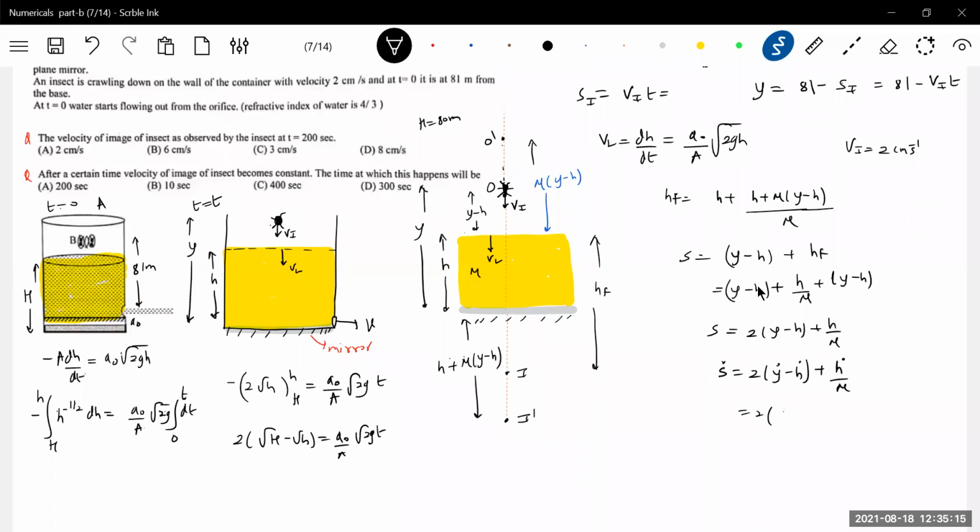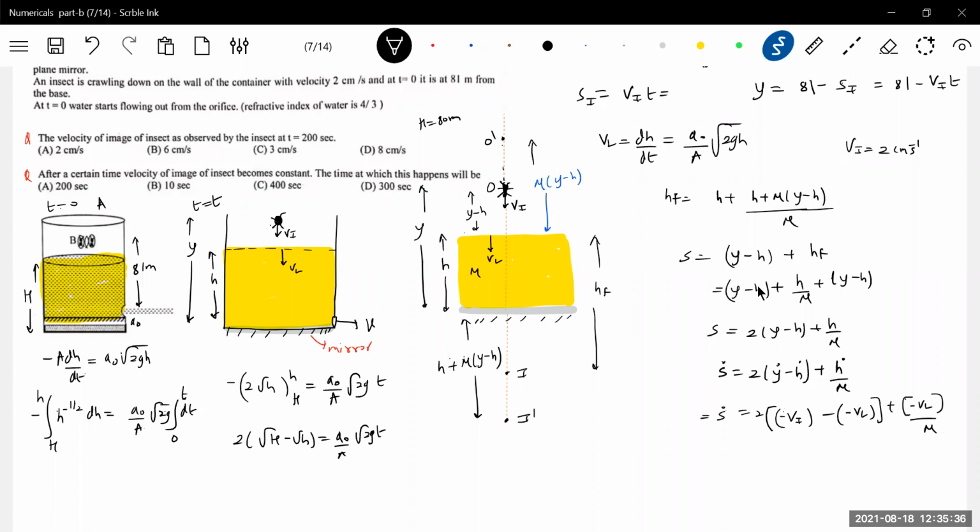H is VL. Okay, this will be minus VI. We'll substitute the sign always. This will be minus VL. Again, H is minus VL by mu. So this is the